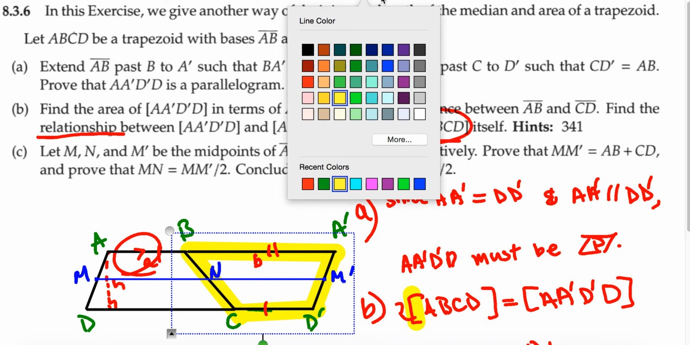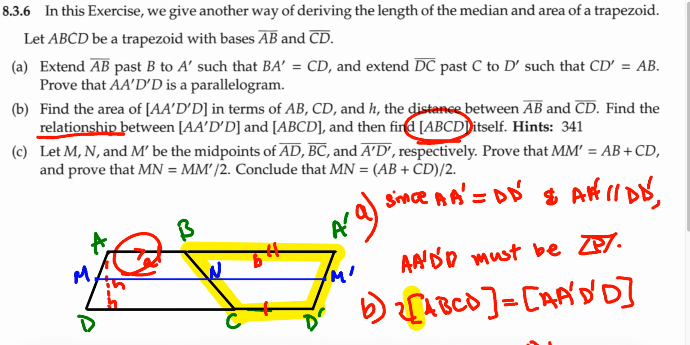Let me try to highlight the parallelogram that we are looking at. This, the blue one. If you can prove that the blue one is a parallelogram, then we get to see that opposite sides are equal to each other. How can this be a parallelogram? We get to realize that first,